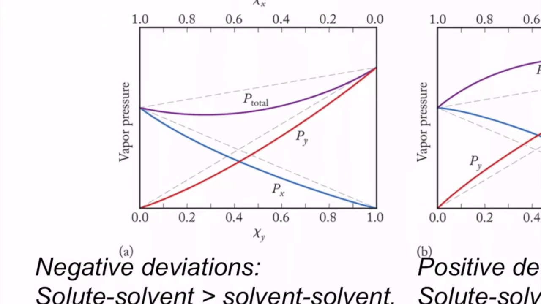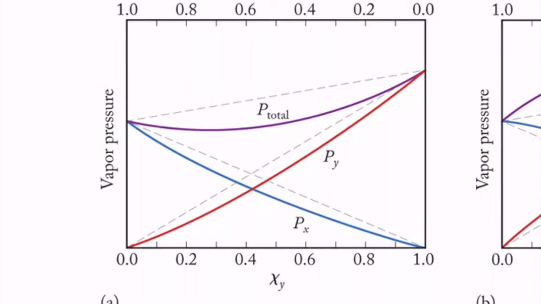Okay, so I just want to zoom up here and highlight the dotted lines. Here's one dotted line. I'll make it black. Here's another dotted line. I'll make it black. What this is showing you is the vapor pressures of component 1 and component 2, or component X and Y in this case. So if everything worked in an ideal world,